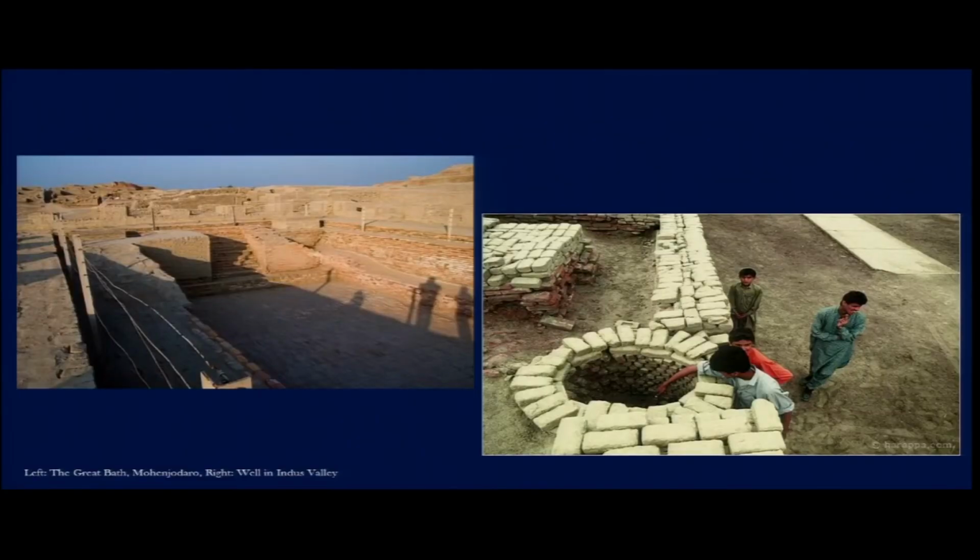And as we can see the shape of it, it has this rectangular ground plan, and then this sunken area that is accessed by a flight of steps, and then there are also raised platforms around this area, which perhaps allowed people to sit there and socialize. So that is the reason this particular bath, or this reservoir, had been considered to be a public bath and not something that is used within a royal palace complex or someone's house. So this is also another reason why it had been